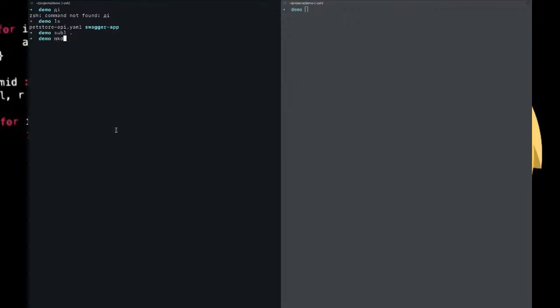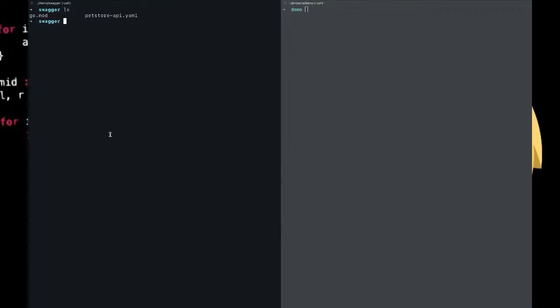Let's create a folder. We'll call it Swagger, and let's copy this Pet API to the Swagger folder. Basically, imagine that this is our service. We're starting from a single YAML file. Then let's do the Go modules initialization. I'll call it swagger-demo. Okay, so our go mod is initialized right here.